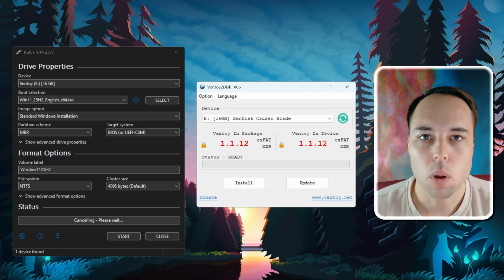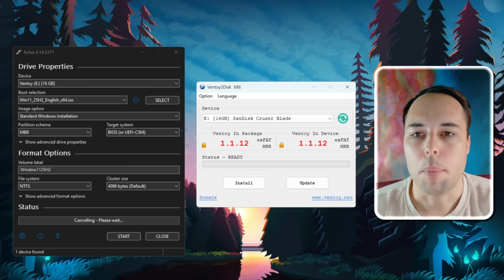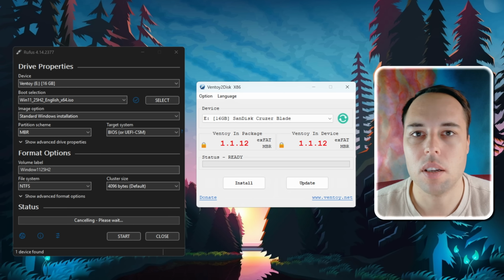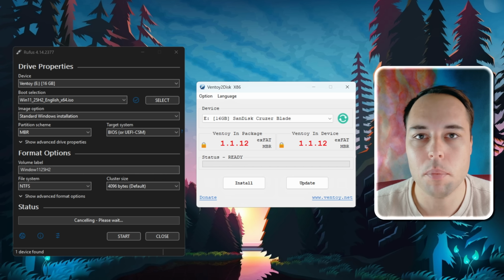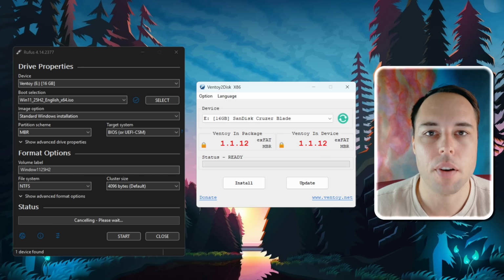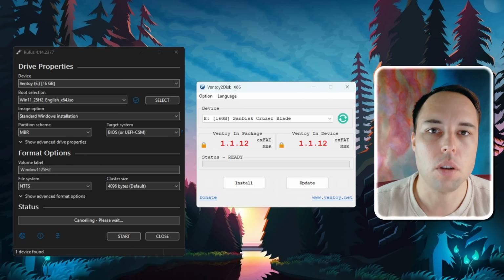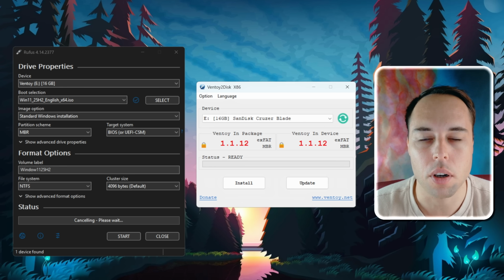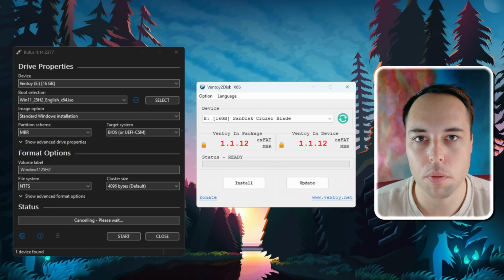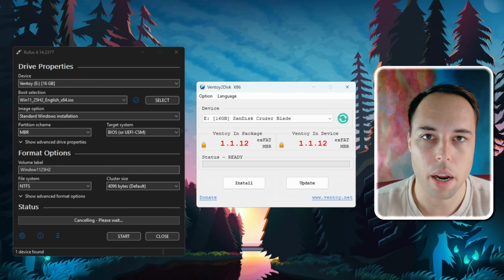But to wrap this all up, Rufus and Ventoy are two different tools. They both have their specific use cases and they both have their own strengths and weaknesses. In my computer repair business, I found myself using both of them for different tasks, but I always had my Ventoy USB flash drive with me when I went out to clients and I had to service computers that weren't in my shop, because I'd have access to all of the tools that I would need on a job when I went out of the office.